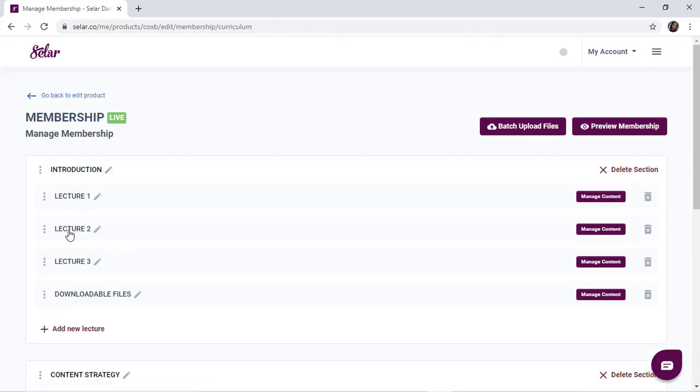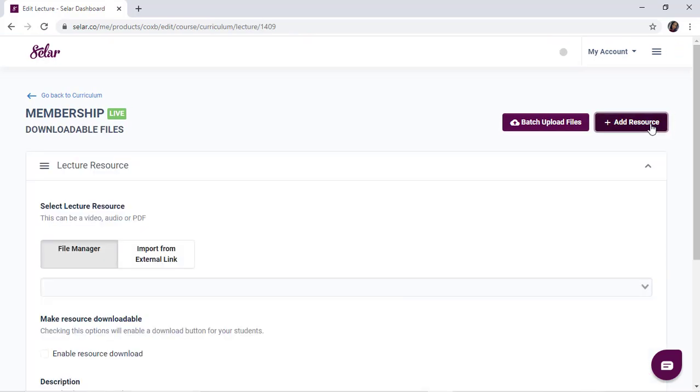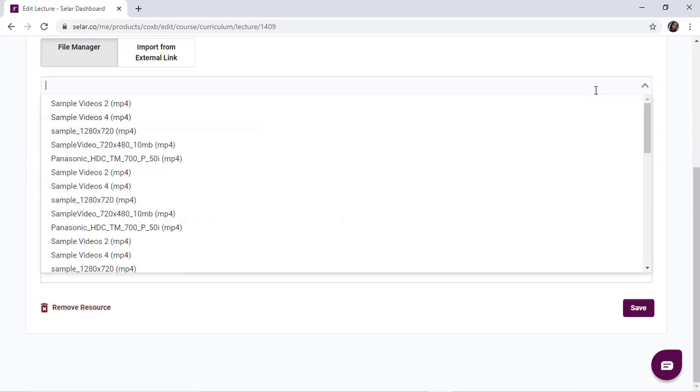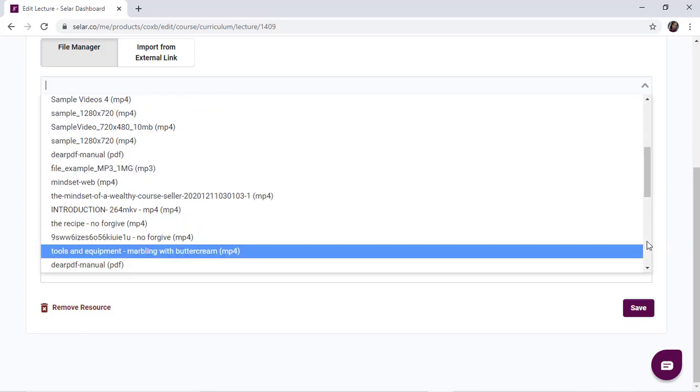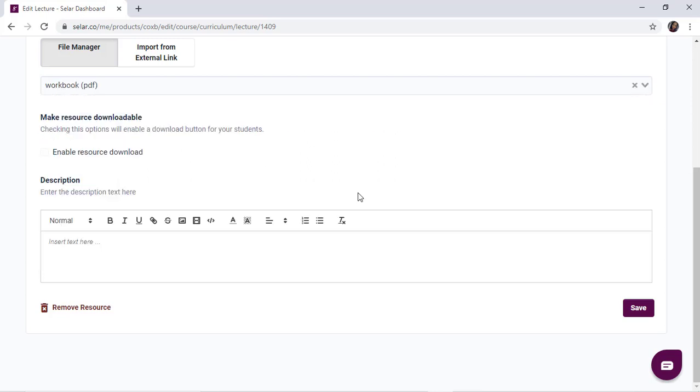So now we are done with lecture 1, lecture 2, lecture 3. The downloadable files now. You go to manage content. You want them to be able to download these files, right? So click on add resource. Select the file manager option, and if you already imported from your computer, you can use the drop down to select exactly what you want them to download. So I have a workbook here, so I'll just select workbook, right? And I want them to be able to download this. So I'll enable the resource download option because I want them to be able to download this workbook. I'll click on save,